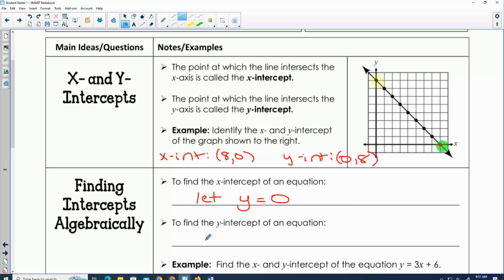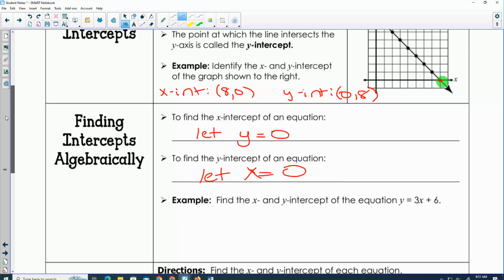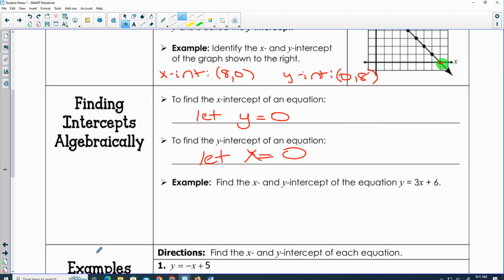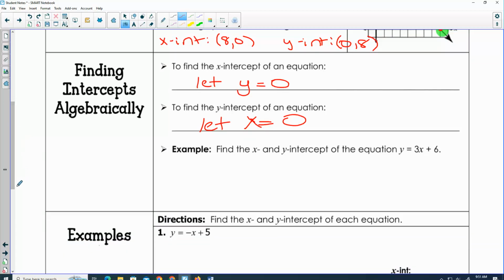Okay, if we want a y-intercept, then our x value will be 0. So in finding an intercept, the opposite variable is 0. So for example, if I asked you to find the x and y intercept of this equation,